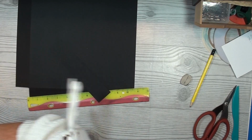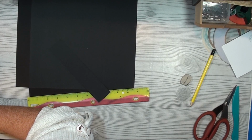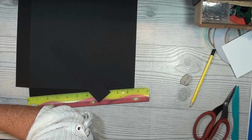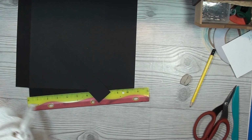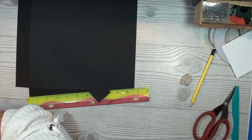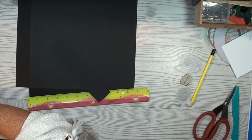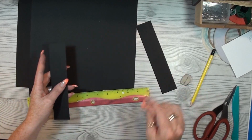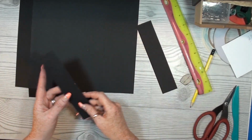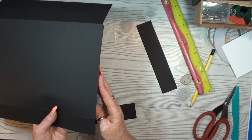Okay. And now I want to cut another one. Of course, because we need 2. There we go. And this also in 18.5. Okay. Now what we are going to do, I like the fold line on the